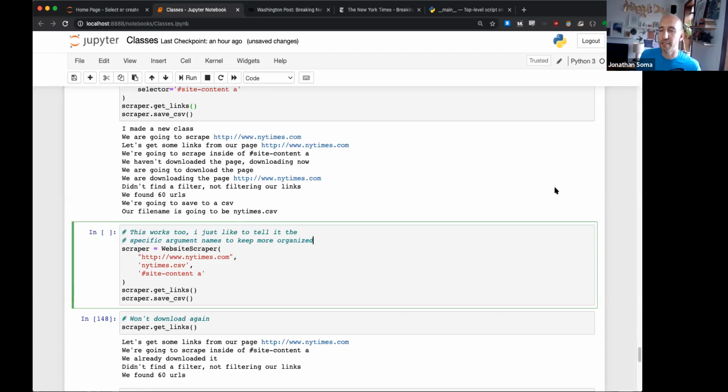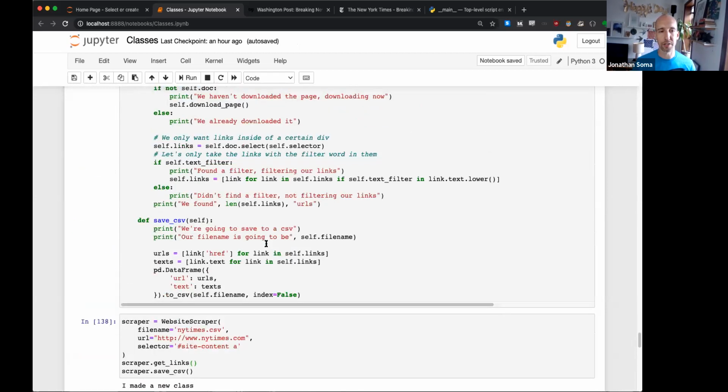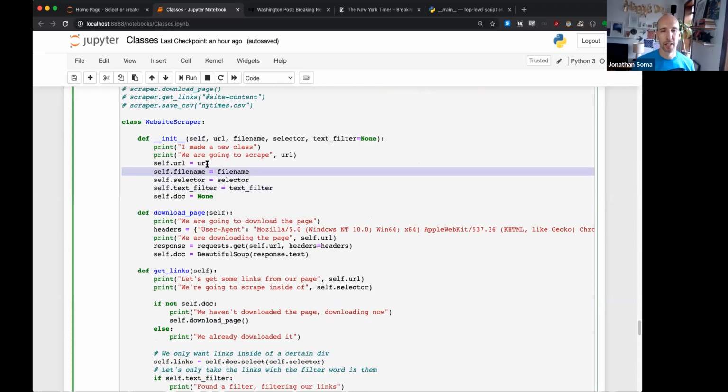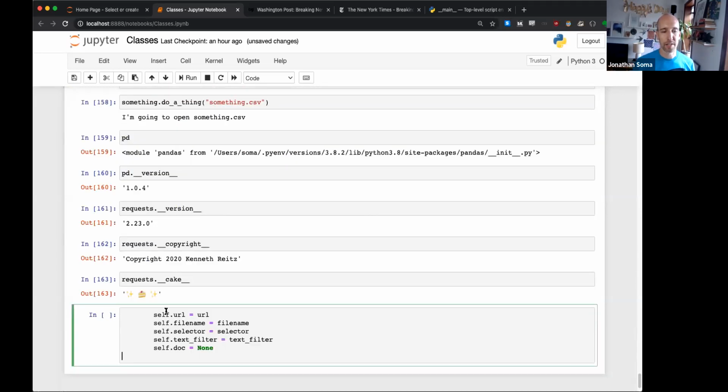Why go object-oriented instead of writing a couple of independent functions with the same parameters? You can do it whatever way you want, honestly. I like to write things object-oriented. Well, okay. It ends up being a case of, do you want to keep track of a bunch of different variables, and do you like to send things back and forth to functions a lot? So for example, I could have sent the file name, I could have sent the selector, I could have just had literally a thing where I say,